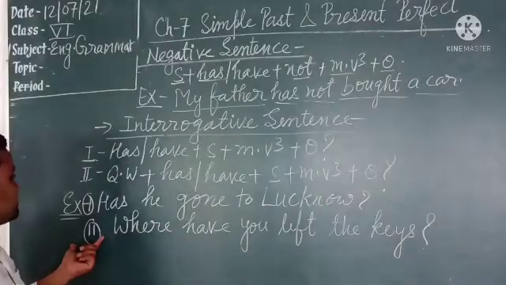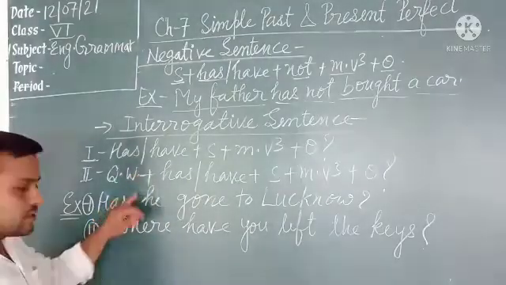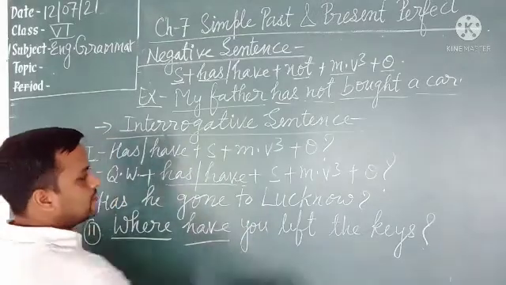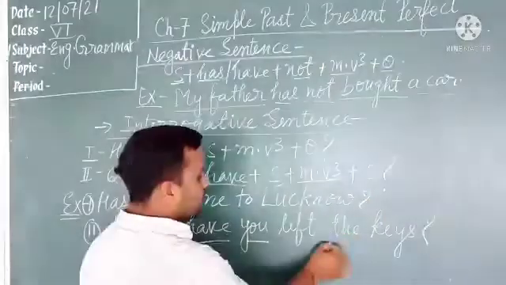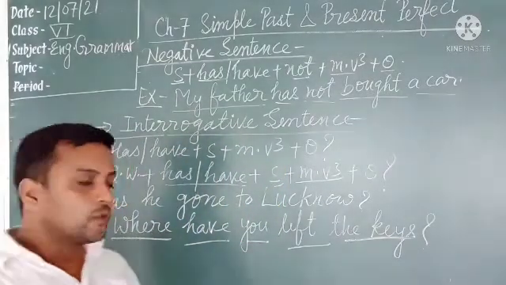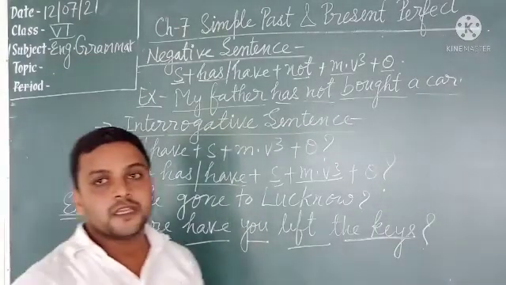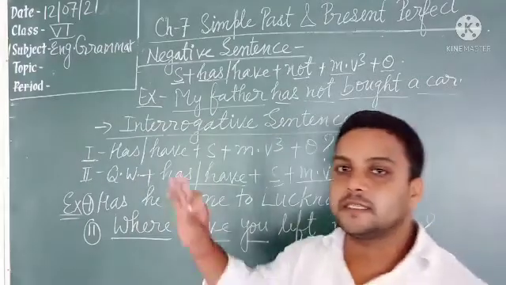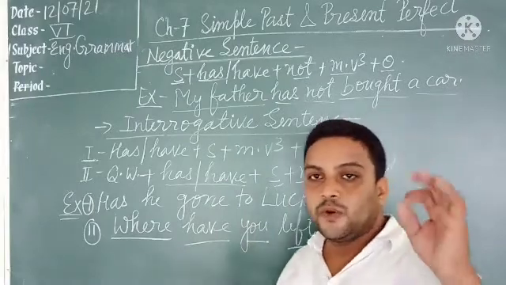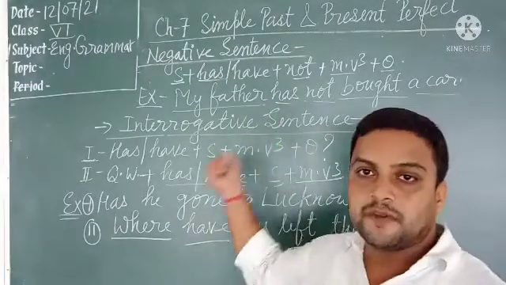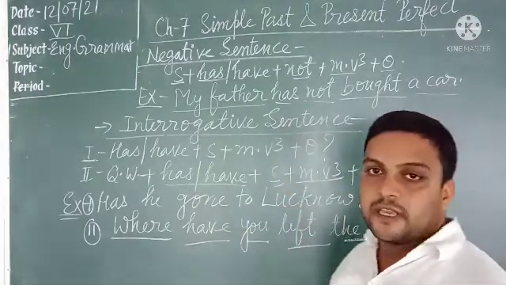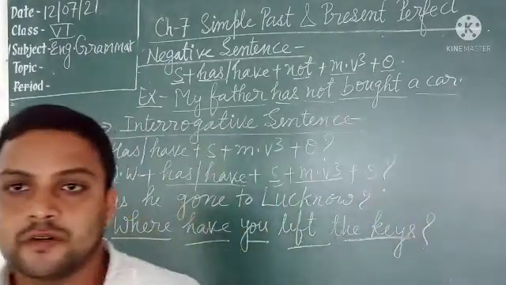Now see the second one. The question word will be placed first. So the question word is where, then according to the subject there will be the helping verb have, then subject you, then main verb third form left, and object the keys. Where have you left the keys? So students, in this way you will learn all the things in this tense. You will know the sequence of affirmative, negative, and interrogative. You knew about the helping verbs, you knew about the verb form of this tense. Okay? So you will write all these rules in your notebook.